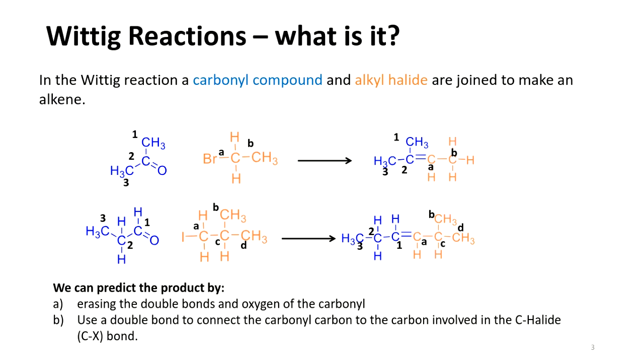And we can predict the product of the reaction basically by looking at the carbon to which the carbonyl group is attached, carbon number 2 here, and the carbon which bears the alkyl halide. And this is where your new bond is generated. So if we look at our ketone here and our alkyl halide,